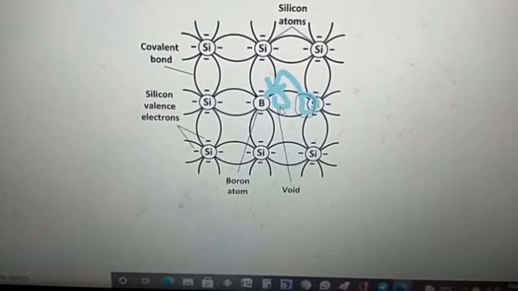p-type semiconductors. So in n-type semiconductors, the conductivity increases due to the presence of free delocalized negatively charged electrons, but in the case of p-type semiconductors, the conductivity increases due to the presence of positively charged electron holes. So p-type means the conductivity increases due to the positive charge. N-type means the conductivity increases due to the negatively charged electrons. So this is about doping. When we dope them with the 15th group elements, we get n-type semiconductors. When we dope them with 13th group elements, we get p-type semiconductors.